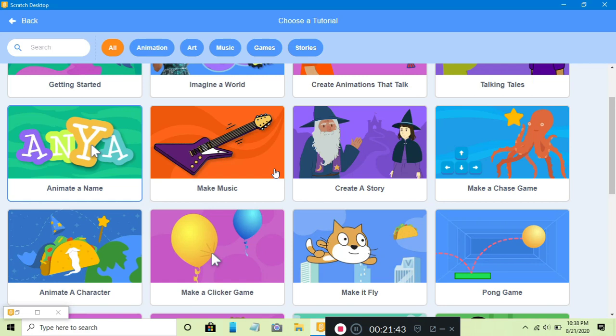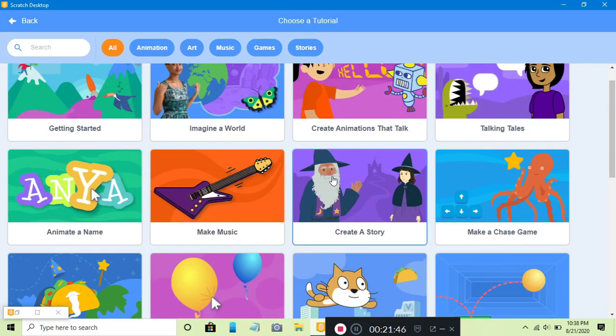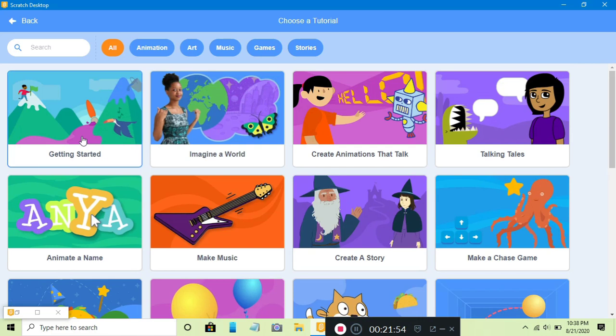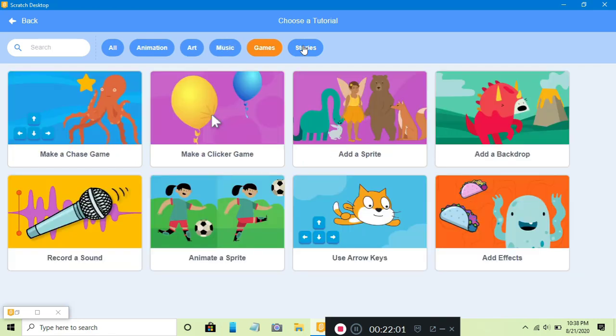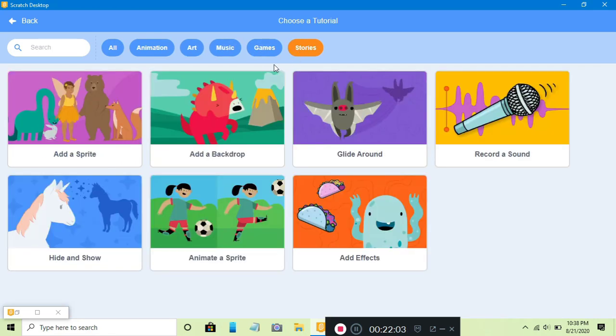Like if you want to create a story of a witch and any bad character, you can select it from here, and anything you can select like animation, art, music, games, story. So these are called events which help us complete our task easily.